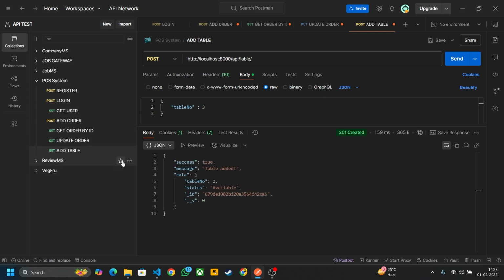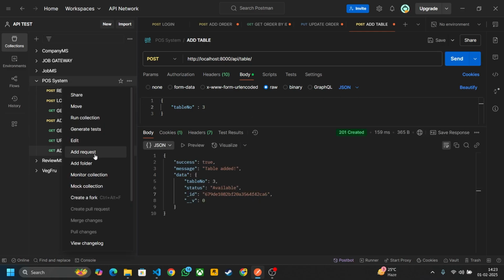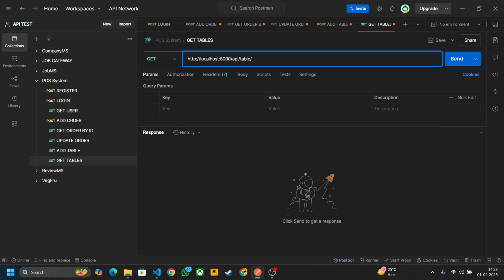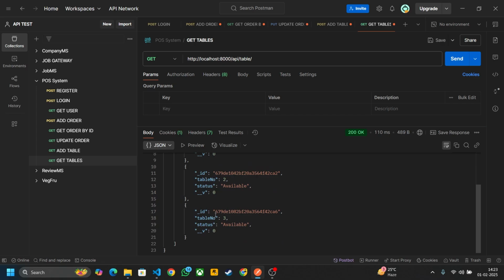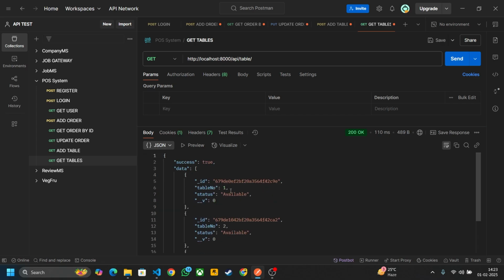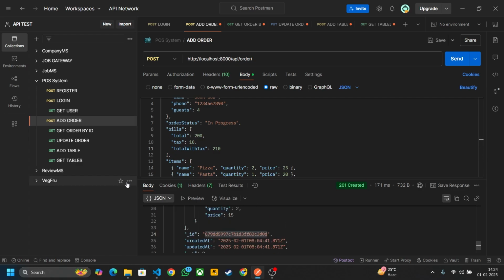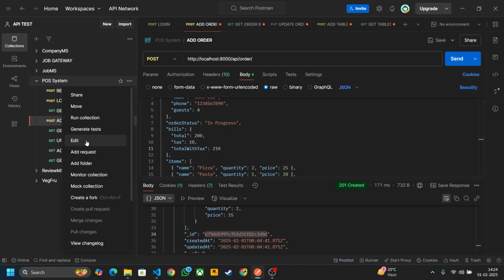Now just create one more request, that is get tables, and right here tables, and just click on send. I can see that we have received a correct response, that is table 1, 2 and 3. Okay, now let's update our table 1 with some order id. Let's suppose this order id. So first of all create a request here,